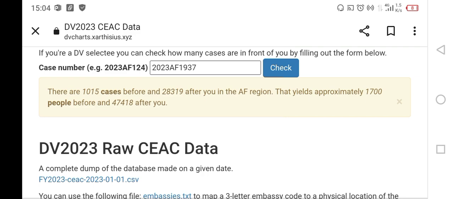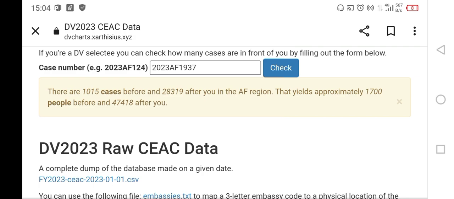Okay, remember the case number is 1937, and maybe you could have thought that there are 1936 cases before it, but you can see here it says there are 1015 cases before. Okay, because there are some holes, there are some cases which are not active before the